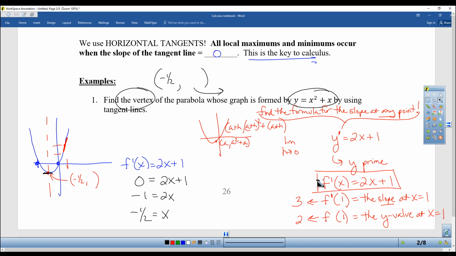This formula down here is the slope formula, and it'll give you the slope. I don't need that. I already know the slope is 0. I want the y value. So f of negative 1/2 is